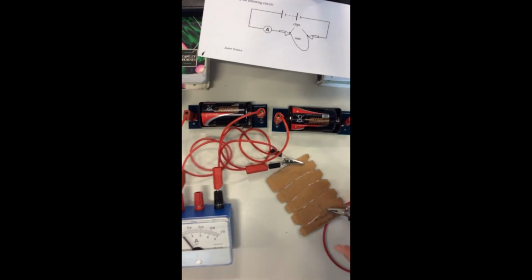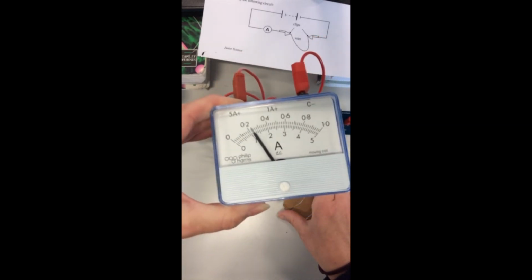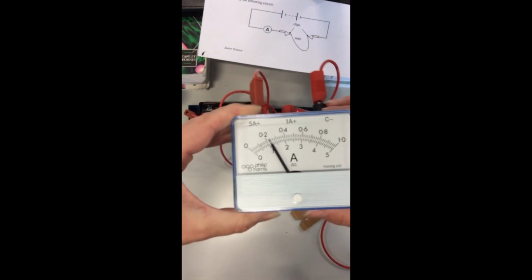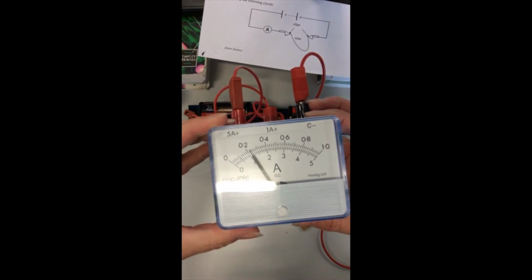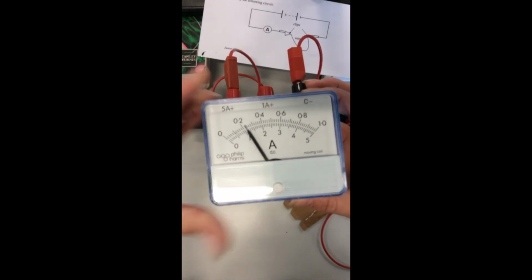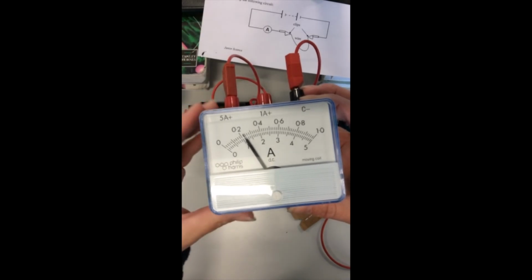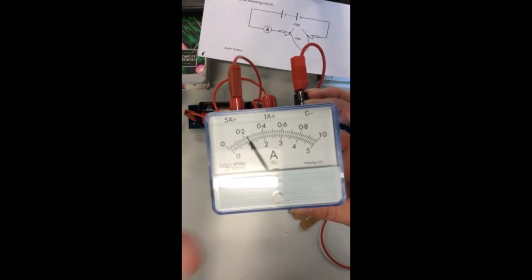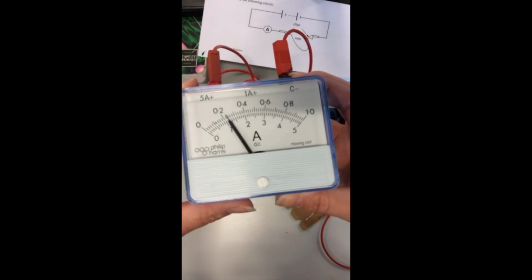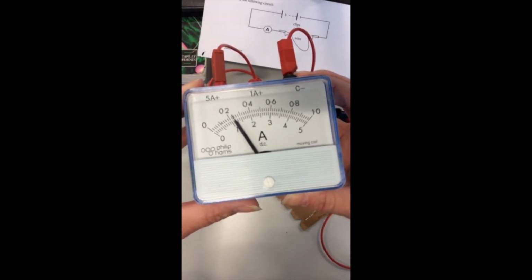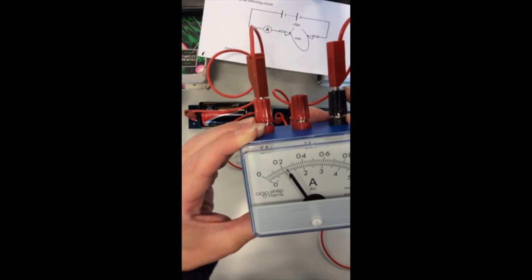There we go. And you can see, like before, the needle has deflected off the 0 position. I moved it back on to the 5 amp scale. It has just gone past the 1 on the 5 amp scale, so I'm not going to move it on to the 1 amp scale because it would go past the end of the 1 and could possibly damage the ammeter itself. So if you want to pause it again, try to read that value. I'm reading it as